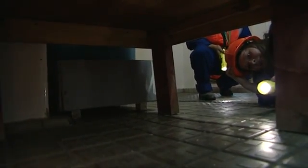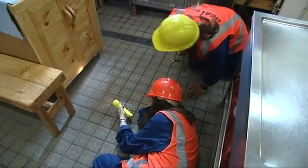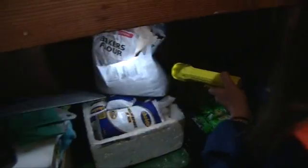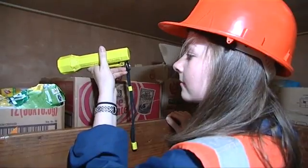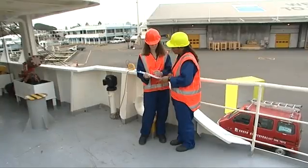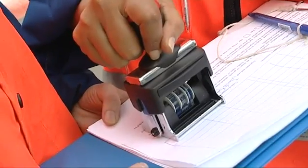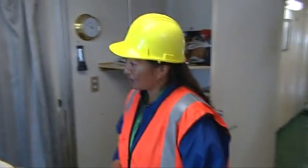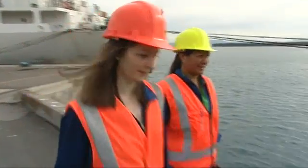If they find a biosecurity hazard, then what's the next move? We will put some control measures in place, and that would involve pest control and probably fumigation of the galley or wherever we found the infestation. The inspection completed and the ship has passed. Hi Captain. Thank you very much for your time and for showing us around the ship. Here's the ship sanitation certificate. Okay? Thank you very much. Okay, thank you. The typically varied day continues and the next stop for Trieste and Kirsty is to check water